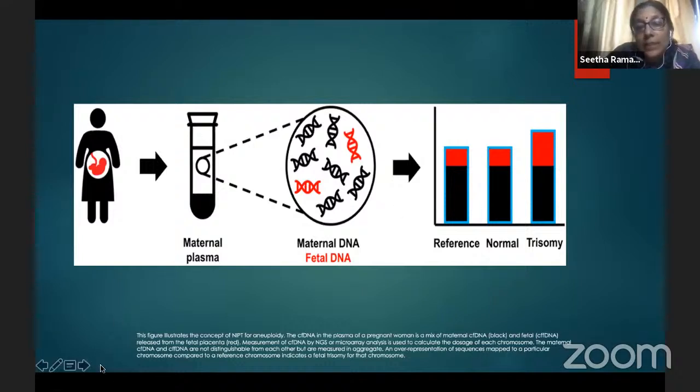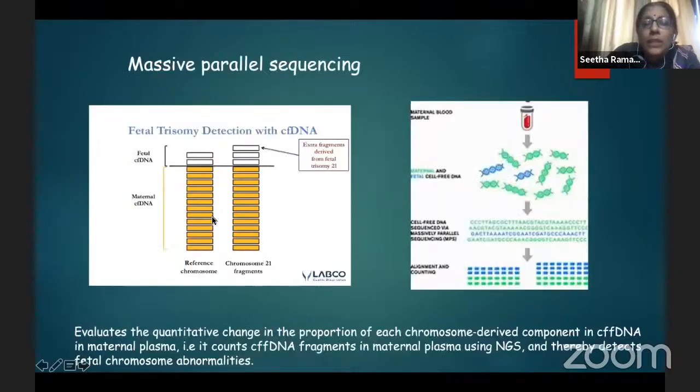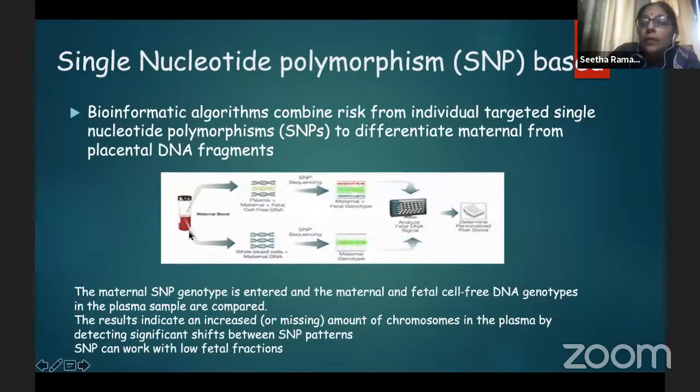that this is from the fetus, and go ahead accordingly. So this is massive parallel sequencing, where you evaluate the quantitative changes in the proportion of each chromosome-derived component, and any extra fragments are assumed to be from the fetus, which is possibly affected with the common trisomies. The other technology is the SNP-based, single nucleotide polymorphism, where you combine the risk from individual targeted single nucleotide polymorphisms,